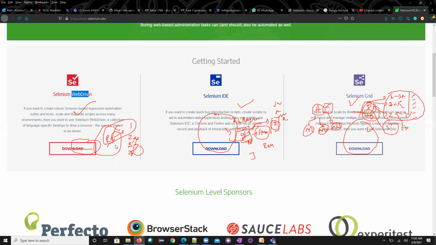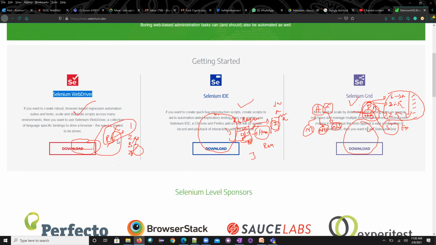RC is like the same, how the implementation of the WebDriver is. WebDriver is the latest version. RC is the oldest version, which we used to use in Selenium 1. What we used to do in the RC and what we are trying to do in the WebDriver is not at all required here because it takes a good amount of time.